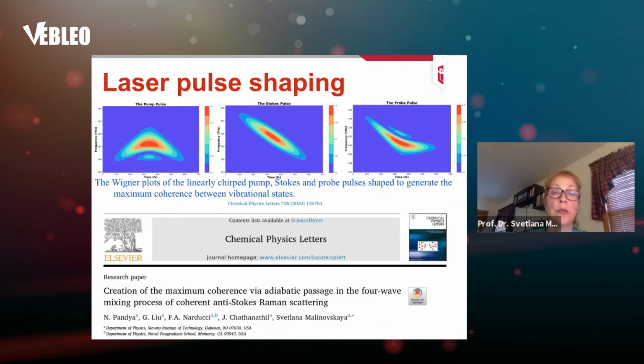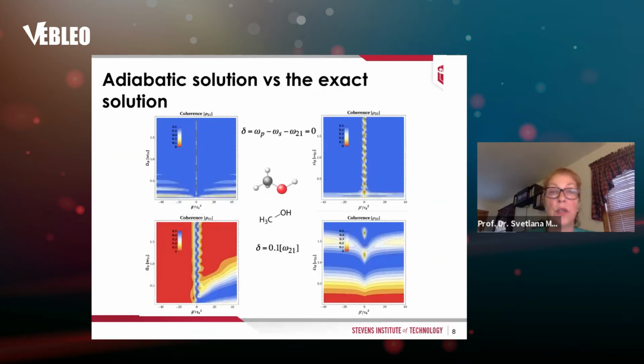Here, Wigner plots show the linearly chirped pump, Stokes and probe pulses shaped to maximize quantum coherence in the vibrational state in the target molecules. Notably, the probe pulse has to be shaped as well to achieve adiabatic passage. Implementation of such shaped laser pulses provide the maximum value of coherence in the target molecules, shown in blue color